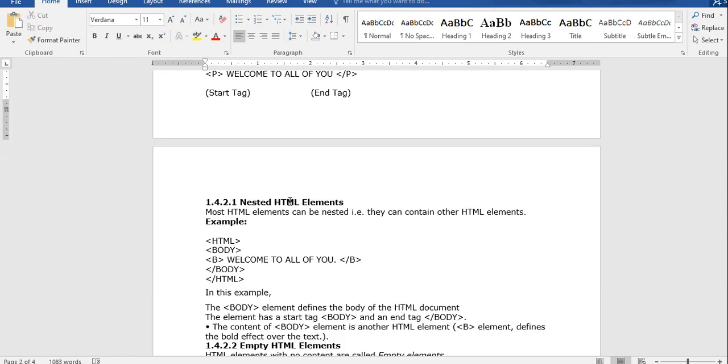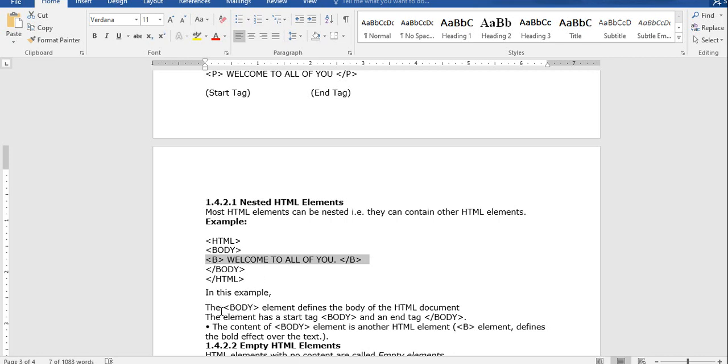And we have nested elements. Nested elements in the sense one element is inside another element. So here body is an opening tag, and here we have the body closing tag, and it is an element. In this we have one more element, that is the B element. Clear? An element which resides inside another element is called nested HTML elements or nested elements.